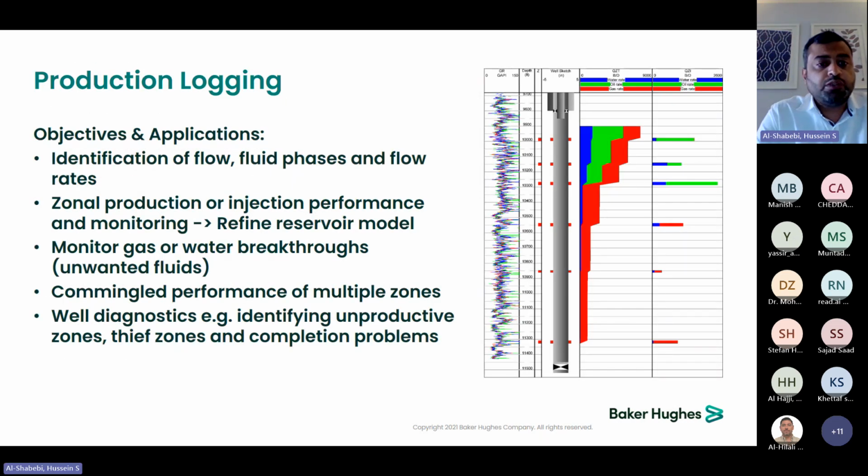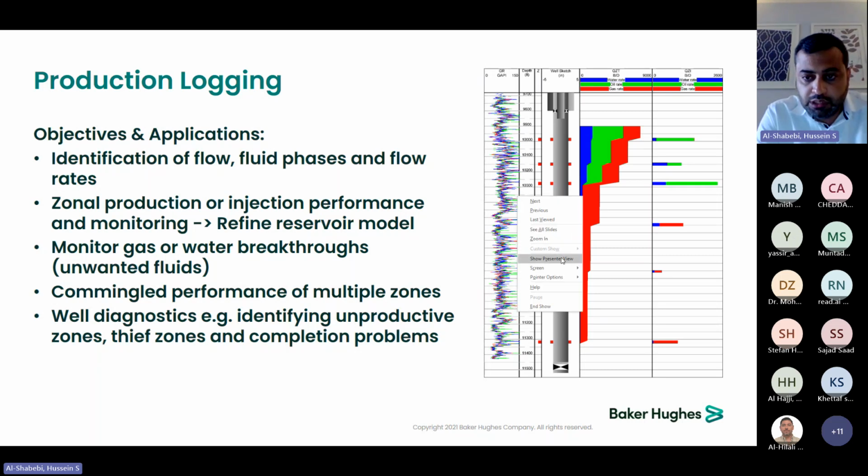Starting with the production logging objective, the main objective for any production logging is to know how much each well is producing. But this information can be obtained from the GOSP or from surface measurements. So the main advantage of production logging is to investigate the production downhole. So, for example, over here, as you can see,